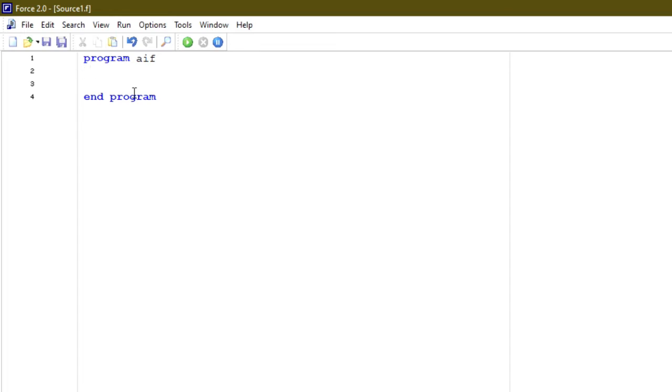Here we will write a comment: program to find relation between two numbers. So we are writing a program to find the relation between two numbers.